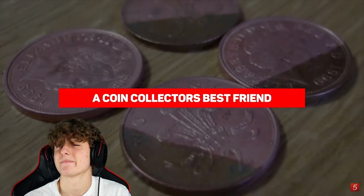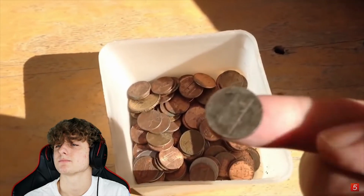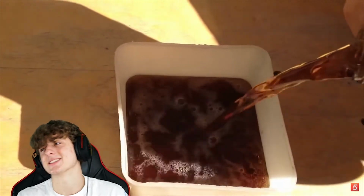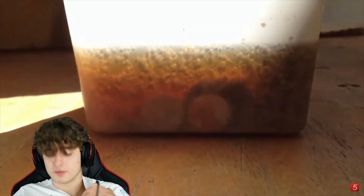Our next entry is a coin collector's best friend. If you're a coin collector but find your treasured items are coated in dust and grease, worry not. Simply leave the coins in a glass of Coke for about an hour, rub them clean with a dry cloth,